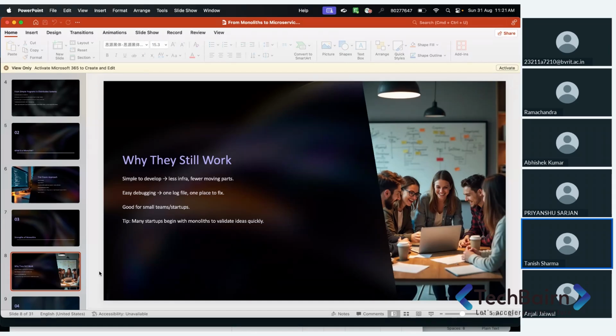You are not required to make things more complex, and a single infra would be shared between the different features itself, right? And if you have a single code base, then debugging would also be easier. There would be only a single file published in my Kibana. Kibana is one of the tools through which we can see the logs,